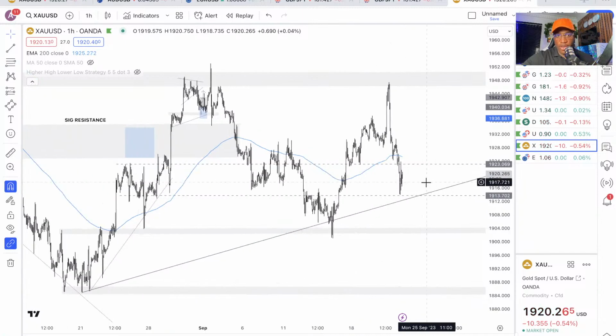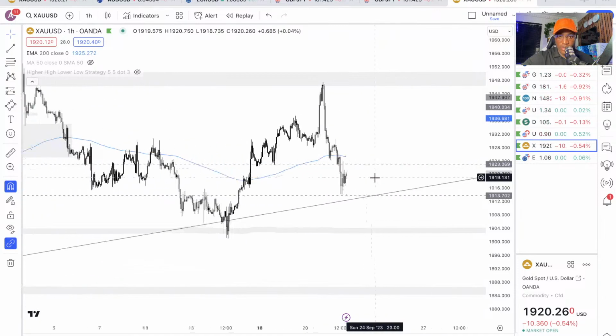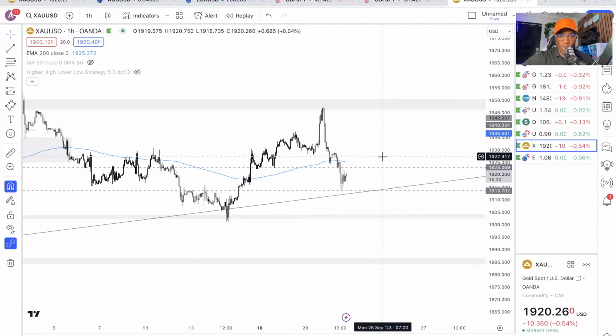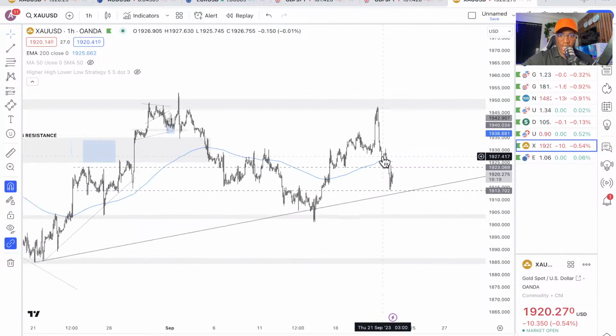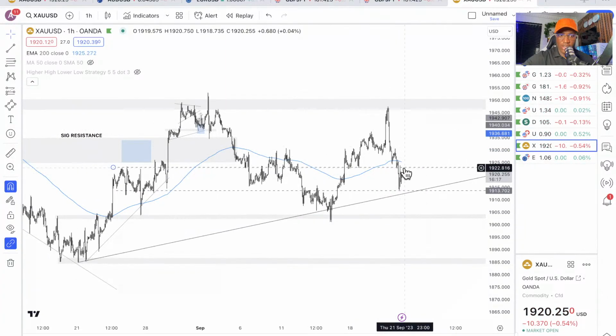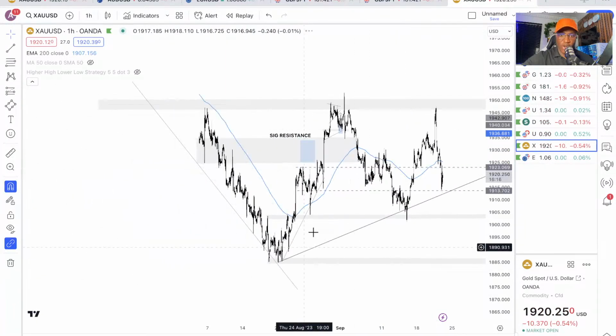So you see how your confidence levels are built when you're trading from key levels. Now, currently on gold, we're not seeing any clear trend. I'm not going to call this an uptrend yet, because first we are on the lower time frames. If I go to the daily time frame right now,